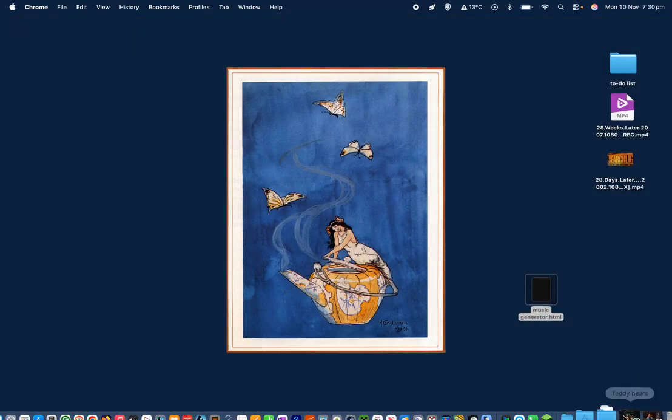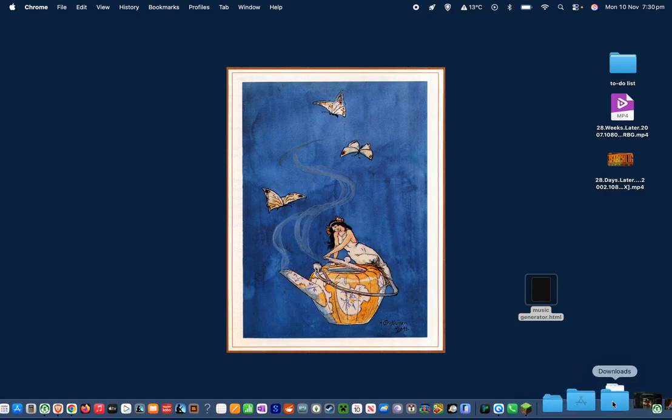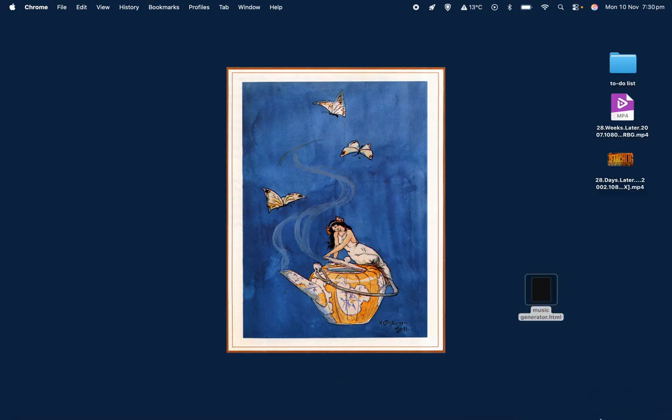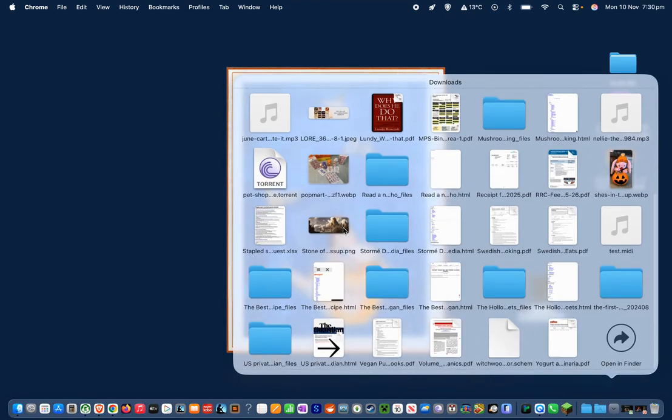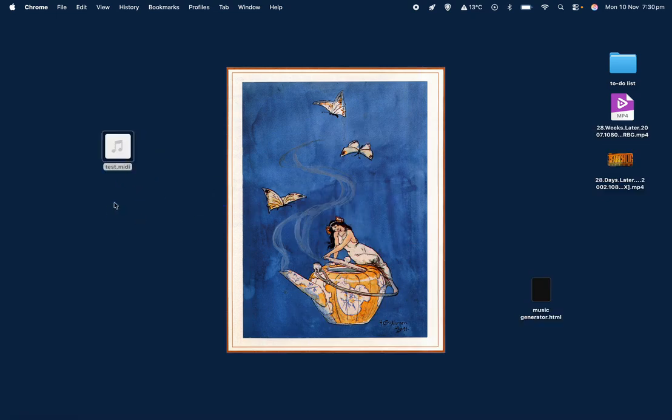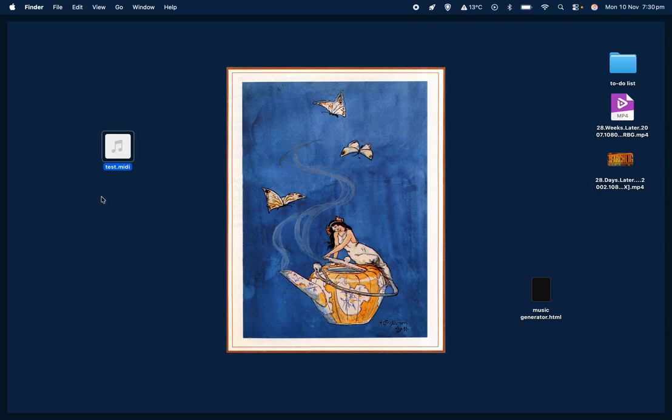And let's go into the downloads file and get this one that we've just created. Oops, sorry about that. It's always going to be called test, or if you have more than one, it'll be called like test bracket 1, test bracket 2. This is a MIDI file. You can just double click it and it'll run in whatever program runs your MIDI files. If you want to have a look at the actual score, like sort of analyze the music,